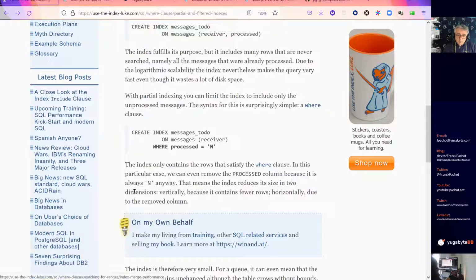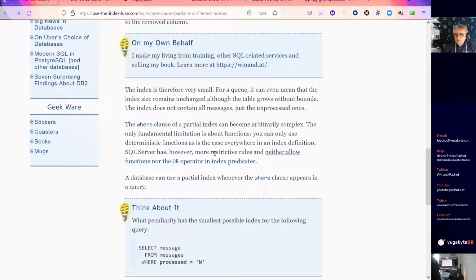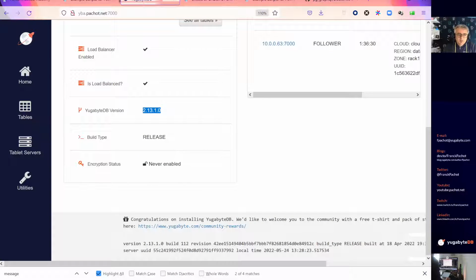So that was the point. We don't see it, but we index only that. The index only contains the rows that satisfy the where clause, and it's really easy with a where clause. And the index is very small. We will not see exactly the difference there. Can check it, but